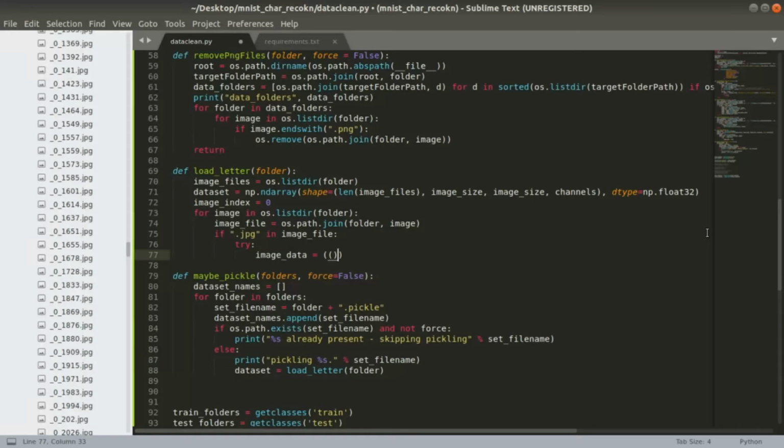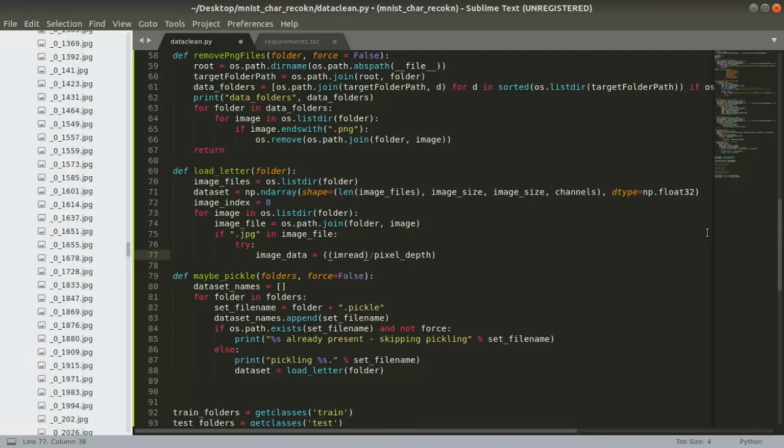Let's create a constant float pixel underscore depth whose value is 255.0. IMRead API reads the image and returns a three-dimensional array for color images where each dimension represents one of the RGB colors.